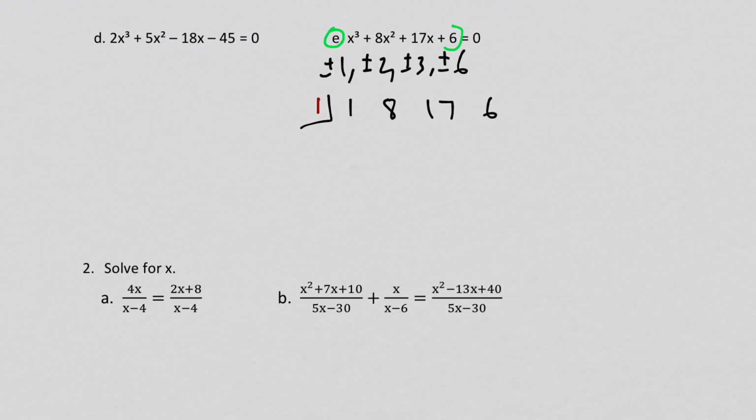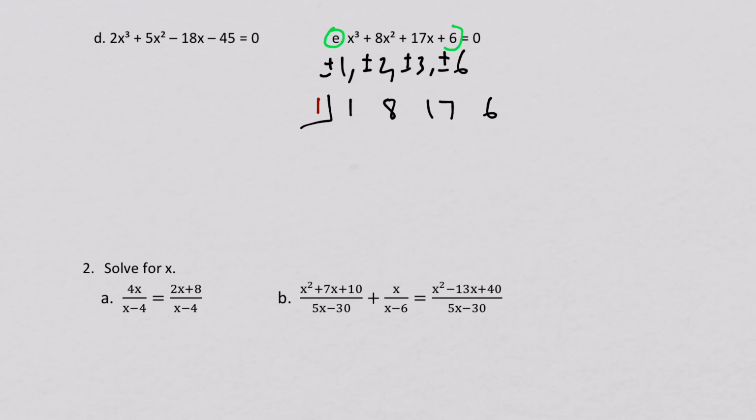So let's see if you guys recall synthetic division. The first thing you do is bring this number down, and then you multiply, then you combine, then you multiply, then you combine, then you multiply, then you combine, right? So let's do it. Bring down the 1. 1 times 1 is 1. 8 plus 1 is 9. 1 times 9 is 9. 17 and 9 make 26. 1 times 26 makes 26. 26 and 6 makes 32. That doesn't work. Okay? So let's erase this